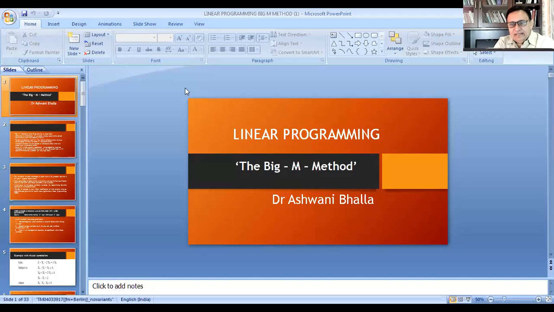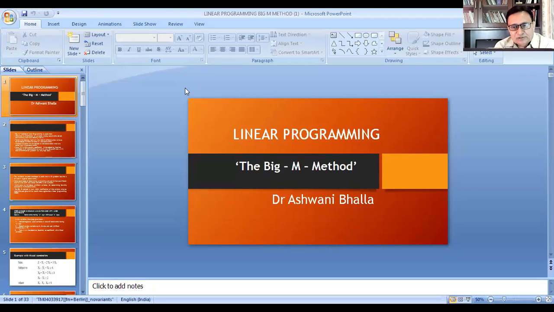So today we will be discussing the linear programming Big M method, which is the extension of the linear programming, and on the basis of certain issues which are encountered in the general simplex method. If the problem is of minimization with greater than equal to type constraint or equal to type constraint, or the problem is of mixed constraints, then we are not able to solve the problem with the general simplex method.